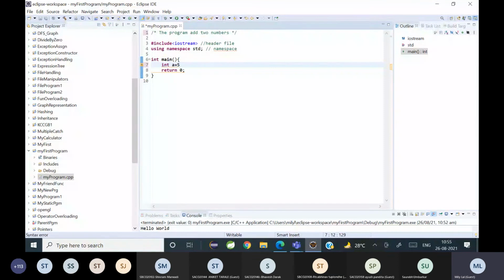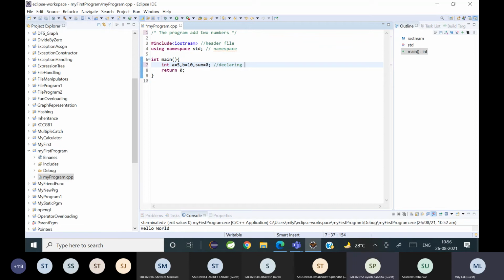A is equal to 5. I'm initializing A as 5 and B equal to, now I can use a comma because both are integers, B equal to 10. And comma, I'm going to store my result in a variable called sum, which I'm initializing as 0. Understood? Why 0? I initialized sum, otherwise sum would have garbage values. So right now I am just putting the value as 0. In the end, sum will contain the result. So right now I have just initialized it as 0.